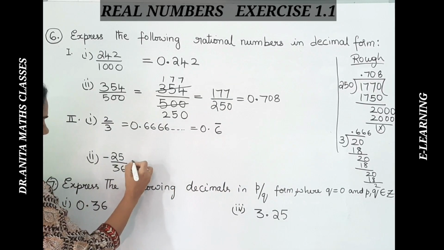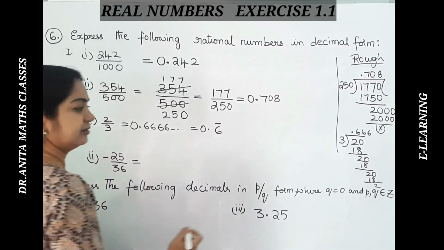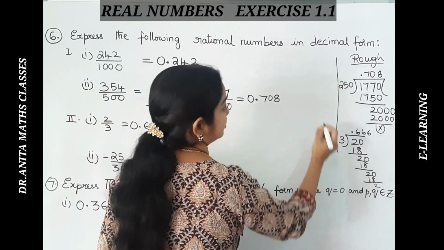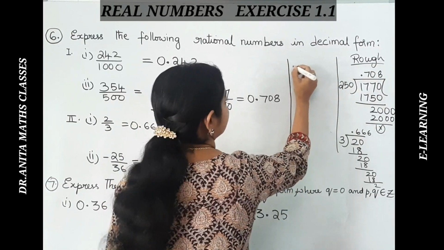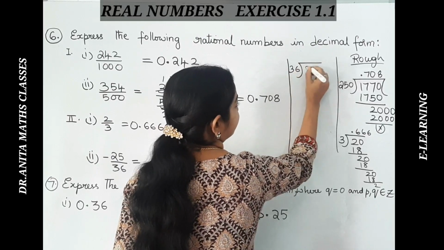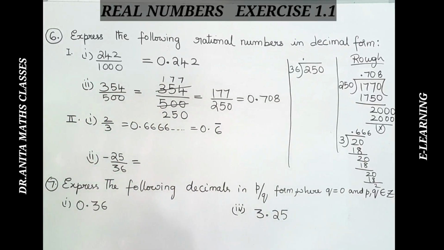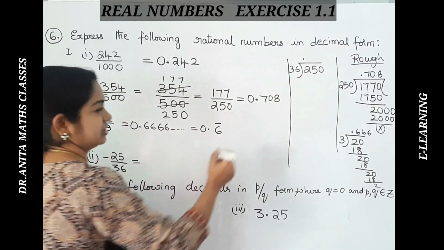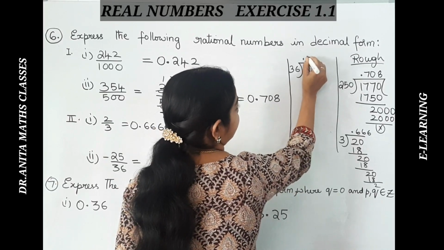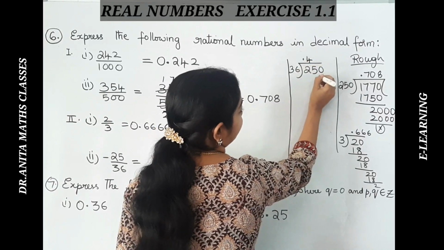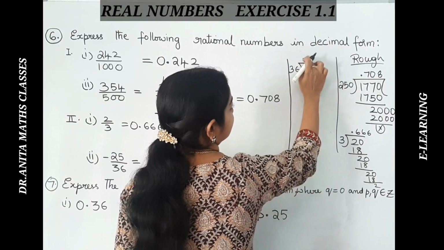Now, moving on to the next one, this is negative 25 over 36. We will go for the division part. Let me do the division here, 36 and 25. Okay, so place a point. So you get 10. How many times does it go? 5 times? If you see 5s, no, it will be more. If you take 4 times, 6 4s 24, 2, 12 and 14. So that doesn't go.